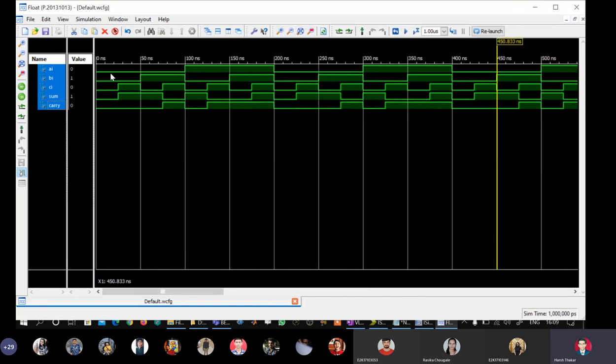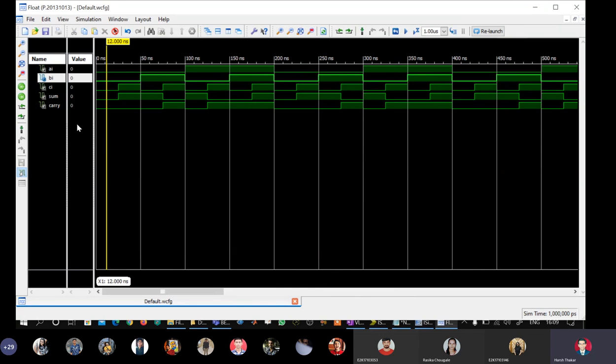You can see this particular column of values. The vertical cursor will cut all 5 signals and give the values here, right? So when I'm at 0, 0, 0, it is sum 0 with carry 0. 0, 0, 1, sum 1 carry 0.